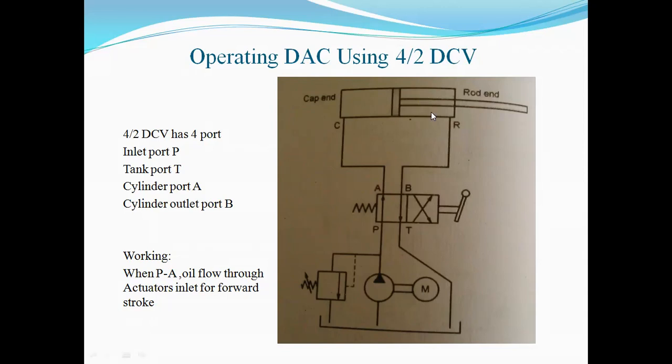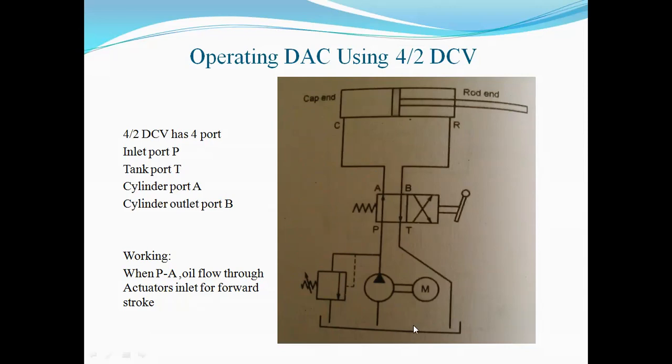In this case, there is no spring attached at this portion. So we have to complete the retraction stroke by hydraulic oil also. For that purpose, we have to connect this other end to some pressure line, and we use a 4x2 direction control. Again, P is connected to A for the forward stroke, and it will start moving towards the dead end. Once the stroke is completed, back pressure is created again, and it will open this pressure relief valve, PRV.